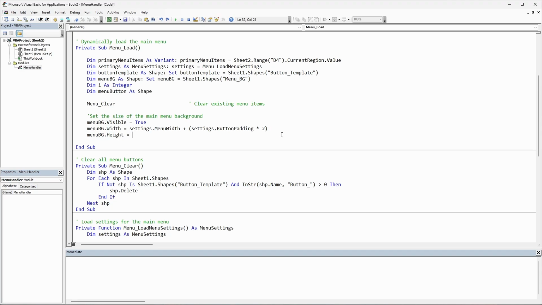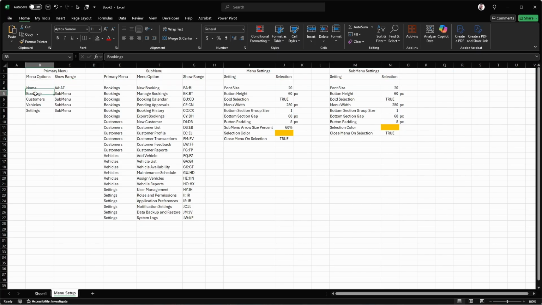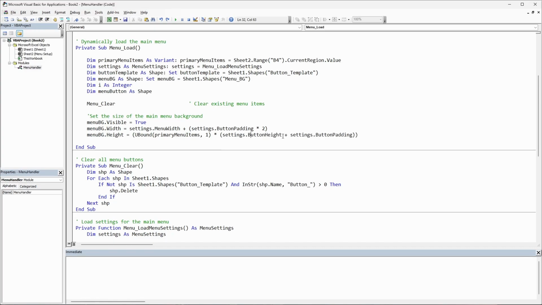Next, we're going to set the height. There's a bit of calculation to the height, but I'm going to talk you through every step of that. So first thing we're going to want to do is get the upper value of the primary menu items array. This is essentially how many rows we have of the array. This is going to tell us how many items we have in our primary menu. So in this case, we have 5. And to that, we're going to multiply that by the height of our buttons plus our button padding. This is going to make sure that our menu has height enough to accommodate 5 buttons and 5 lots of